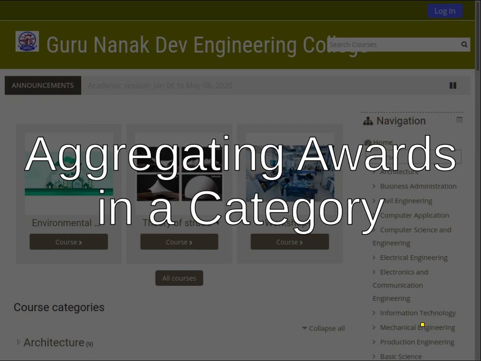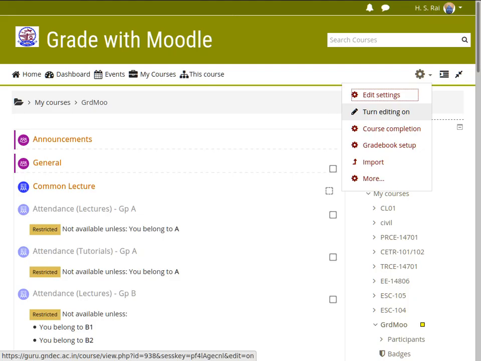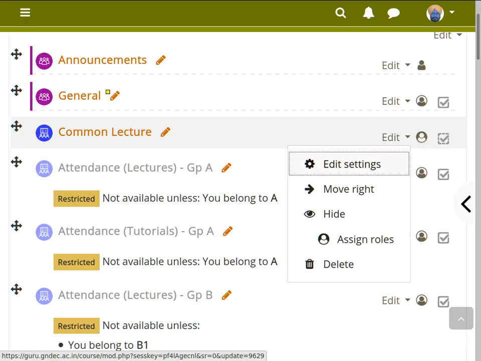Now, for the one particular category created, which was attendance, we will see how to add activities for which we have not created categories earlier. So when you log in on your course home page, you can go to setup, which is this gear or cog. In the drop down you will find turn editing on. Once you do it, you will get additional icons with which you can edit many things.